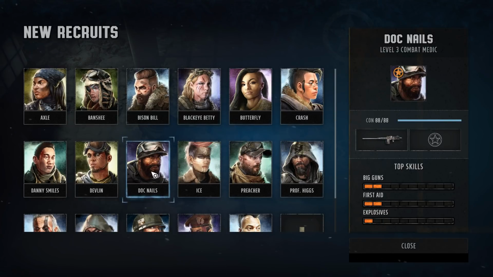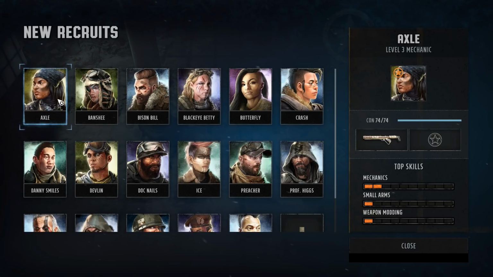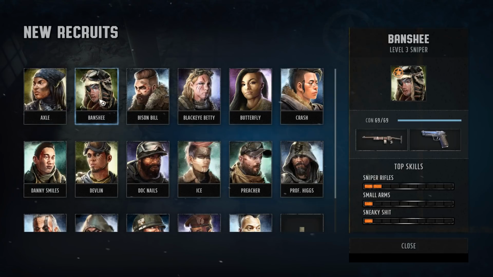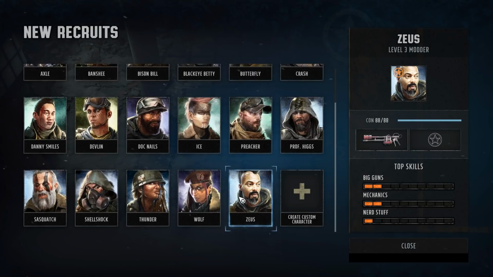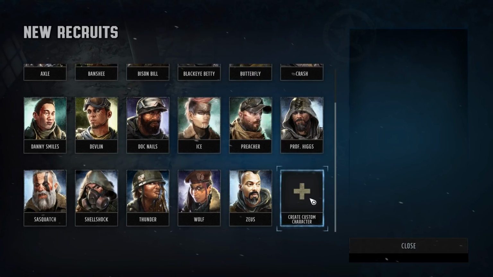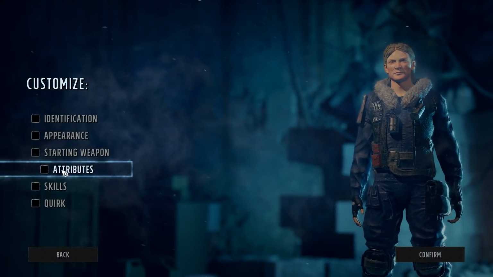So, what are we looking for right now? I guess a technology guy might be good. And then also, you know, a mechanic. Mechanic's not a bad idea. A sniper? She didn't have a sniper rifle, unfortunately. It's kind of like the core thing. Or I could just build a new character whenever I want. Is that the case? Yo, you're just gonna let me have...